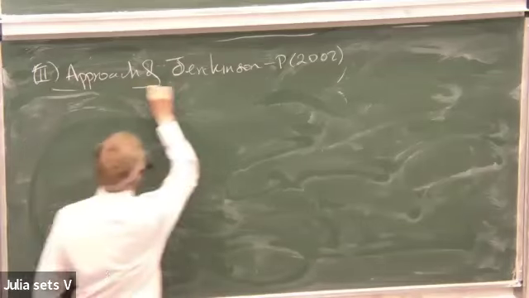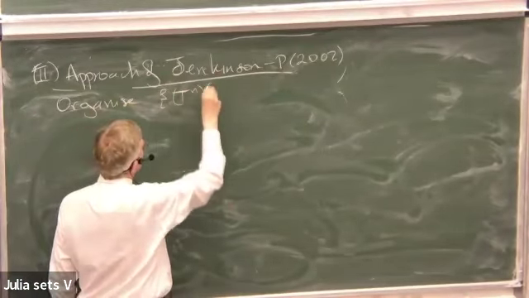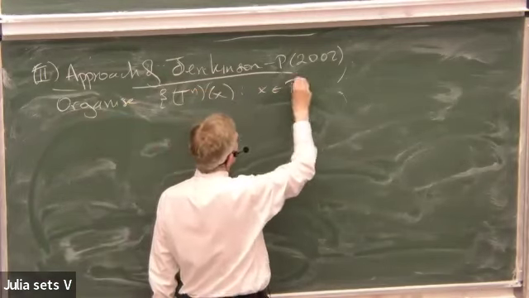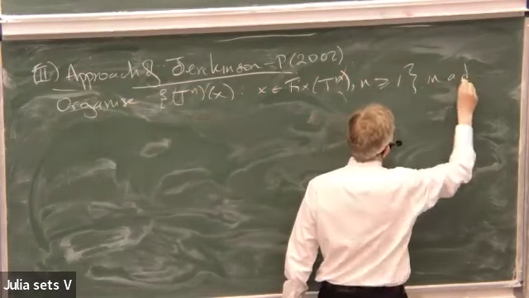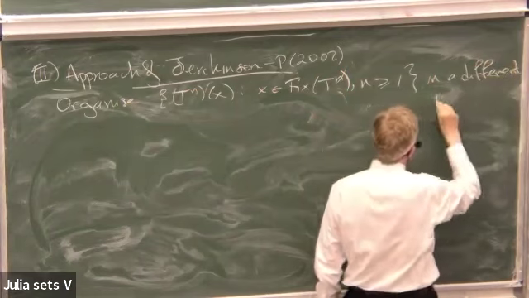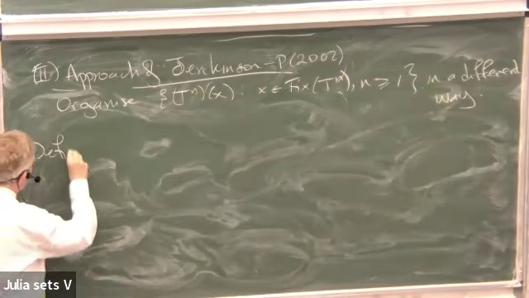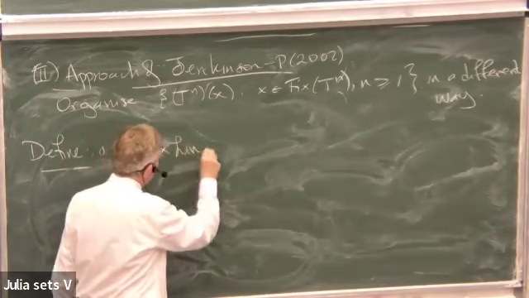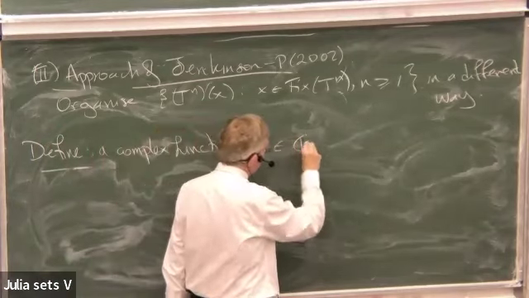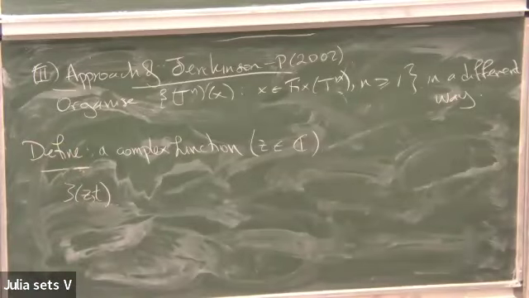And so the idea is it organizes the data on the derivatives T_n prime of x, where x is an element of Fix T^n, in a different way. So briefly, the idea is that we define a zeta function, which is a complex function. Formally, it's defined as follows, where z is just a complex variable. And the way it's defined is we say that zeta z of t, where t is again the parameter value which defines the pressure function,